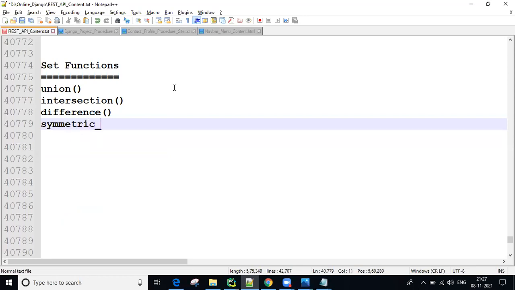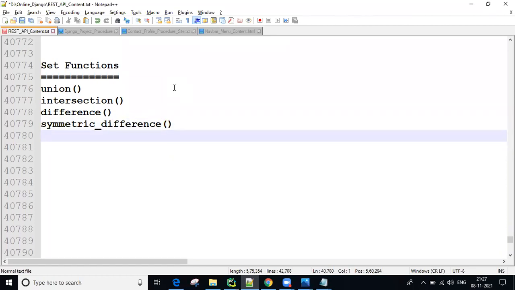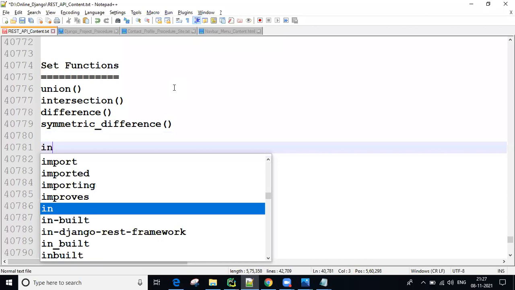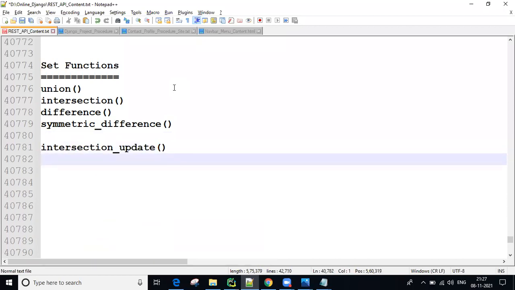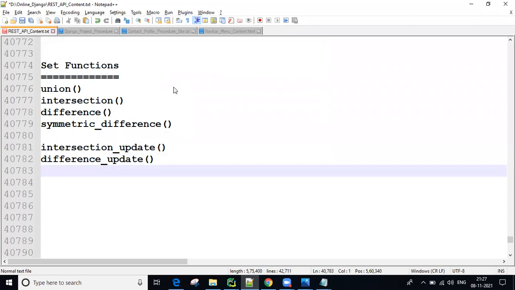Next one, intersection update. Next one, difference update. The last one is symmetric difference update. That's all, right?